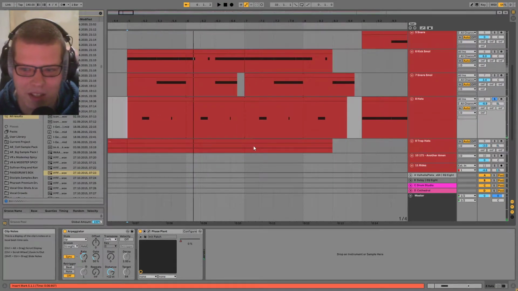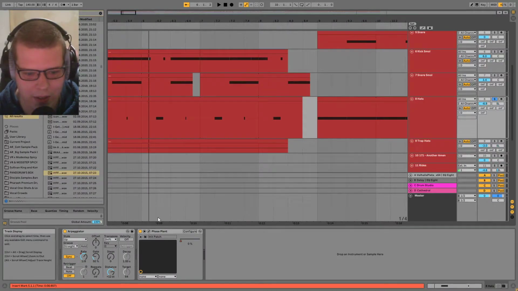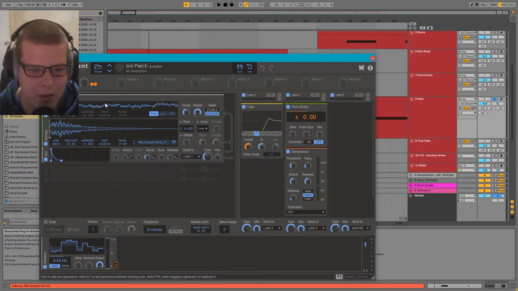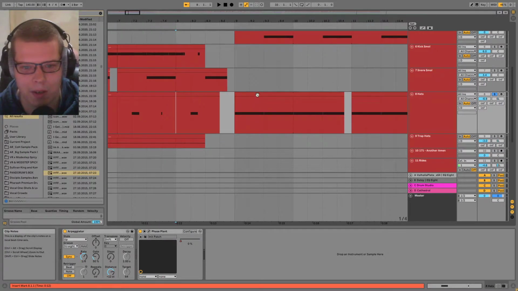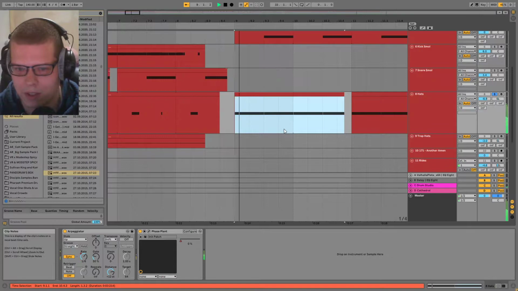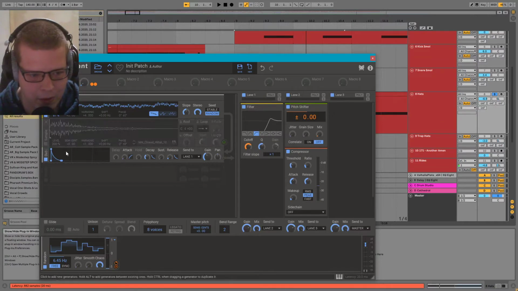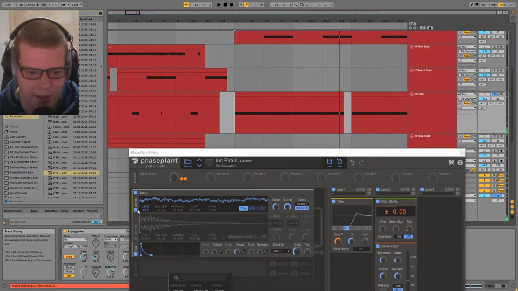Hat. Oh, so this is interesting. I don't know why I decided to do this, but I made a hat in Phase Plant. And yeah, that's the end of story. I've got a filter, pitch shifter, and compressor on there. And then it's just a noise oscillator, and an actual hat sample. So I guess I didn't completely make this hat, but it was synthesized to an extent. I'm curious how it sounds if I turn the sample off. Okay, so the sample is just adding that high end.